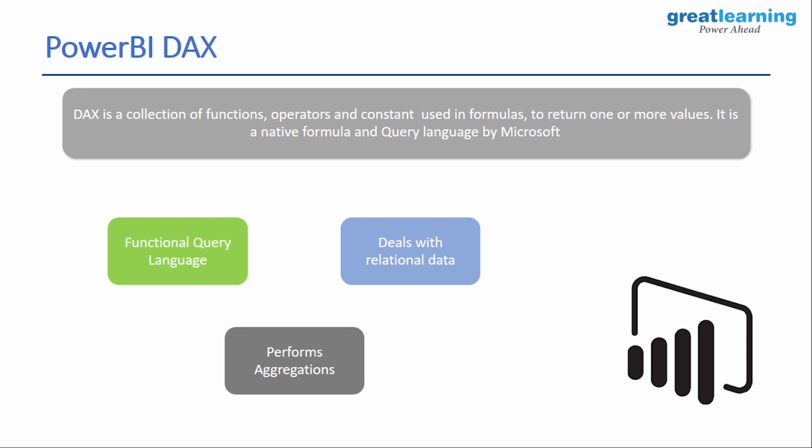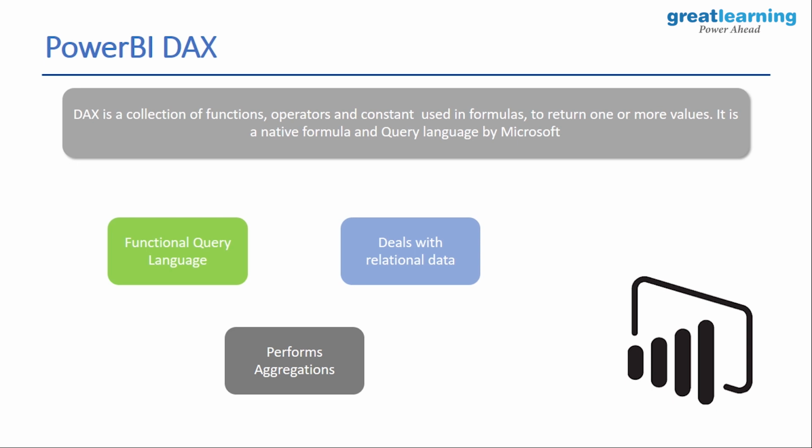Now, why do you need this to start with? Even when you have all this data filtering and all the processing with you, if you have something like DAX, you can always on the fly add custom functions, custom measures to your data. As we get into the demo part, we would understand how to go ahead and set this in process. But before that, let's quickly understand some of the pointers that are here.